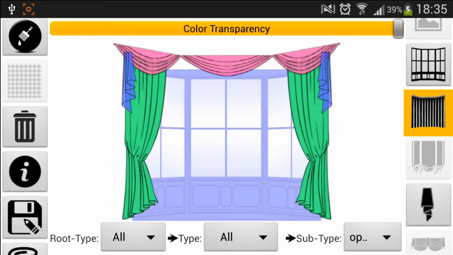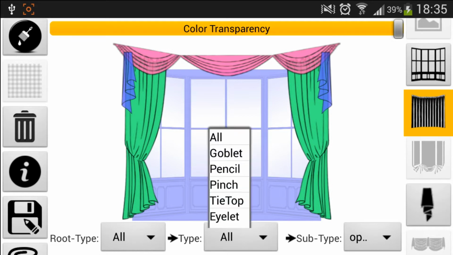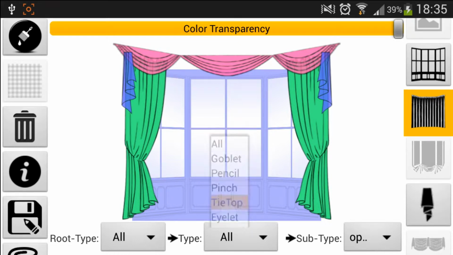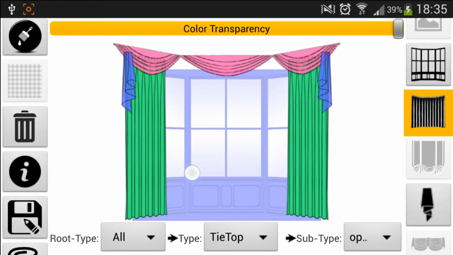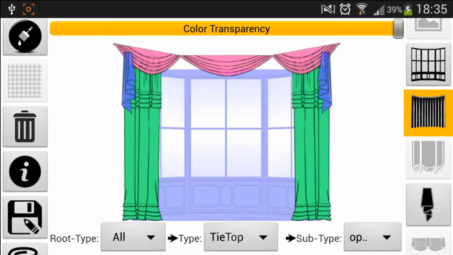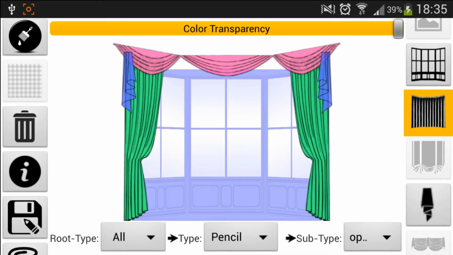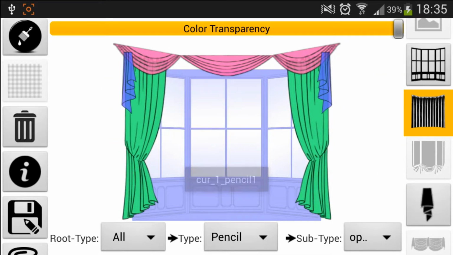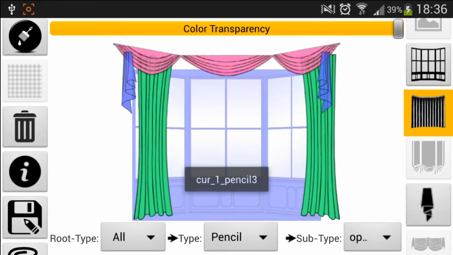We can sort it by type. We can see here are goblet, pencil, pinch, tie top, eyelet. So let's say I want tie top, and we can see only types of tie tops. Let's select pencil, it will be only pencil and open.